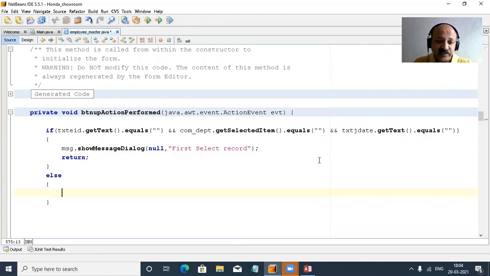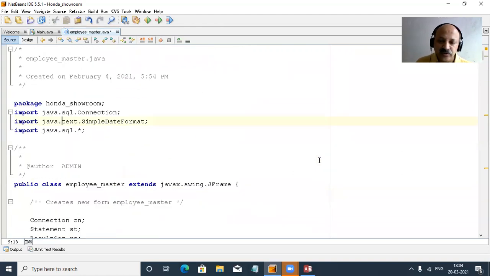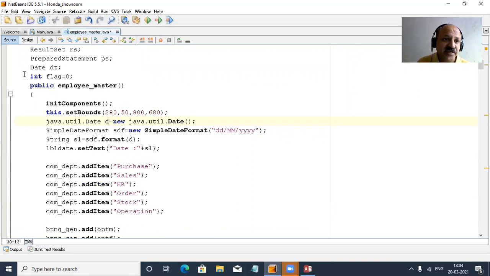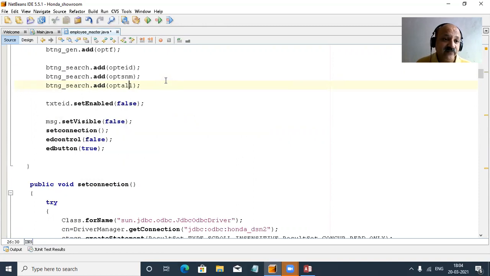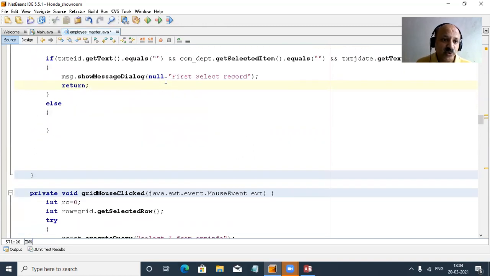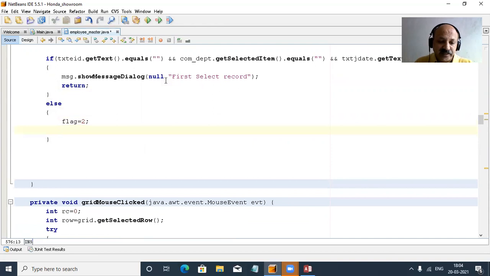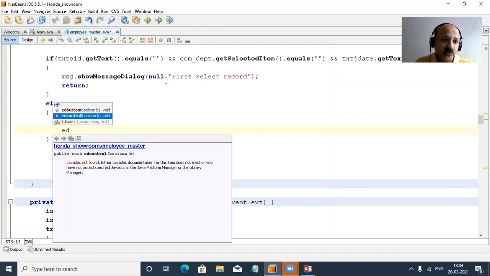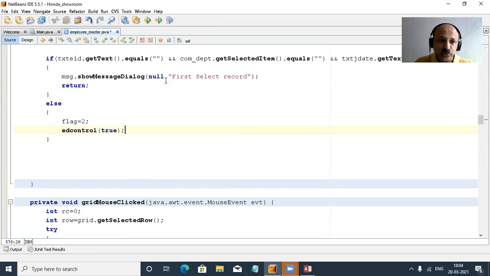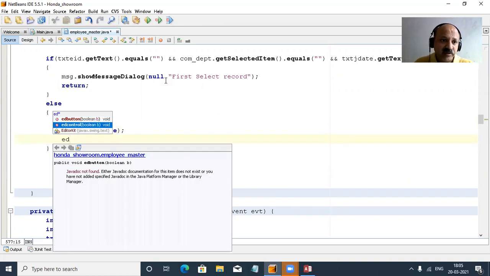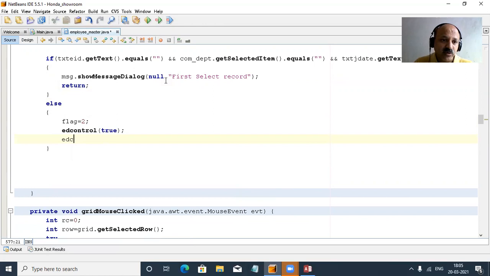And as for the rest, if all are properly selected, so what to do? So yes, here in my first insert operation in the previous video, I defined the flag variable. So I will first show you. You can look here, the flag is initialized to 0. So flag 0 means cancel, flag 1 is insert, and flag 2 is update operation. So here we can apply the update operation. So flag is 2, or you can also take the button flag. And then control enable disable. So first we can take it as true, and button enable that flag. Yes, button, not control, we have already taken.